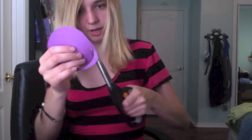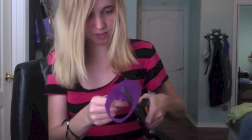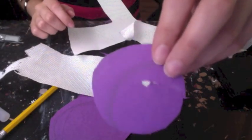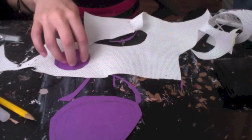And make sure you don't cut too much of the pattern because you're going to need that. And this is not going to be the definite pupil placement right now. So you've got this piece, and you get your circle piece. Now that we have our basic pupil shape, you're going to want to take this little eye part and find